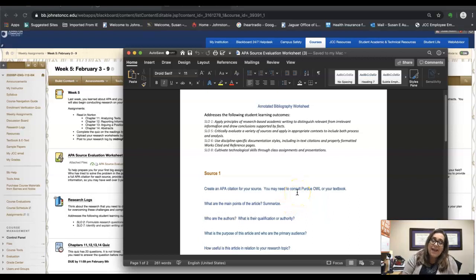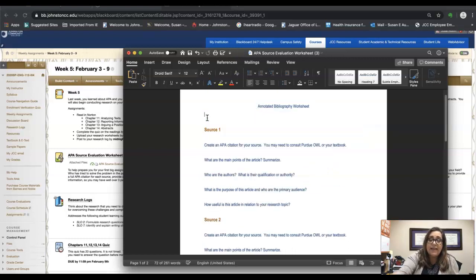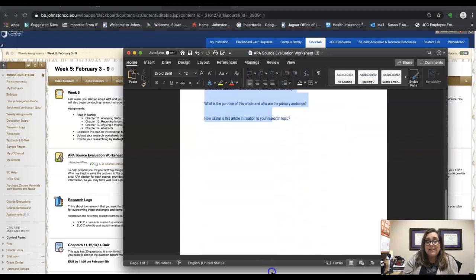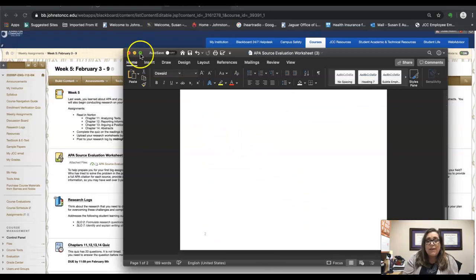So the first tip I have for you is go ahead and use the sheet that I've given you, because it is a Microsoft Word formatted sheet. You would have to manipulate it a little bit, so I would want you to go in here and take out the instructions. I would also want you to kind of go through and select all and go over here